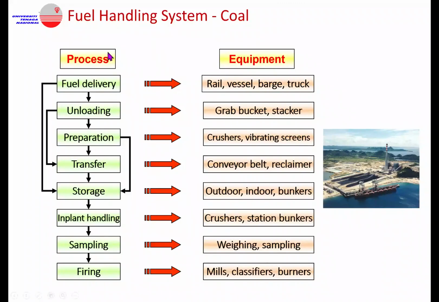We know that coal is delivered, if we are talking about the Malaysian scenario, all the power plants in Malaysia, using ships, because all our coal-fired power plants are located very close to the sea. One of the reasons is that it is easy for them to receive the coal directly from the ship. So in summary, fuel delivery for the coal handling system is through ship, vessel, rail, bus and truck. So this is general.